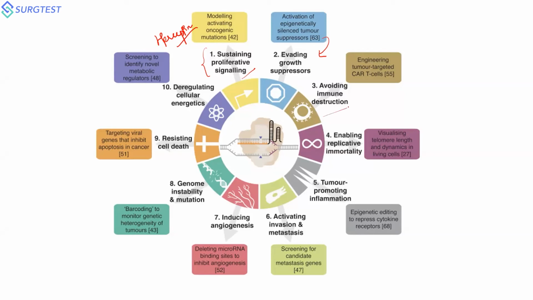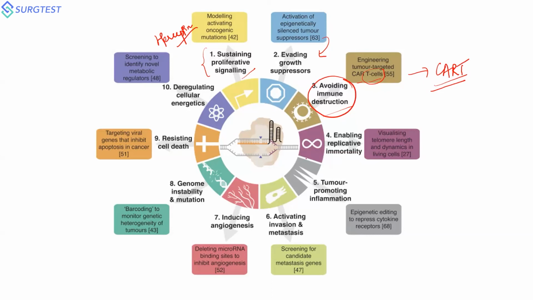And again, avoiding immune destruction, you can make your T cells engineered. You can make them become more specific to your tumor cells by sensitizing them ex vivo. Outside the body, they can be primed and sensitized to tumor antigens, and they can be injected. And that will be identified easily inside the body by the other T cells, and they will be destroying your tumor cells. This particular treatment is called CAR T cell therapy, which is being implicated as one of the treatment modalities, making the cells susceptible to the host immune system.